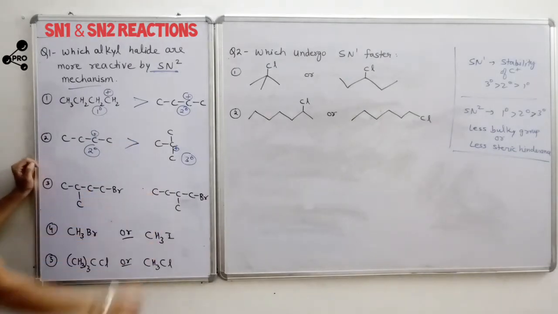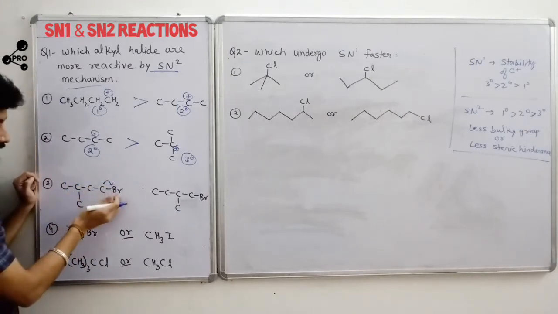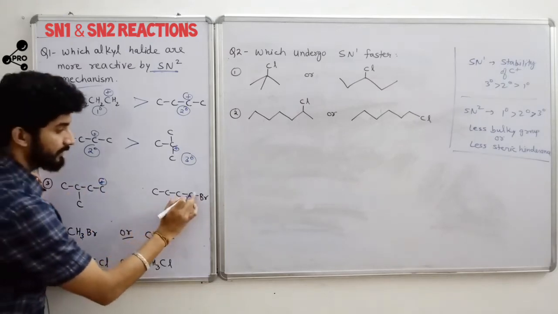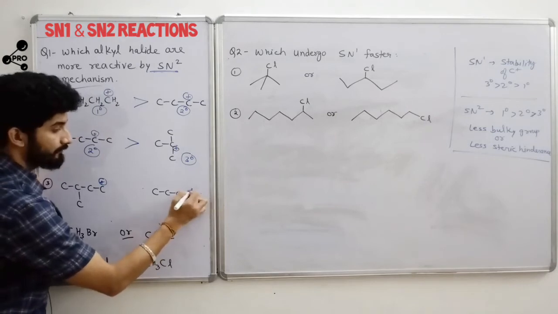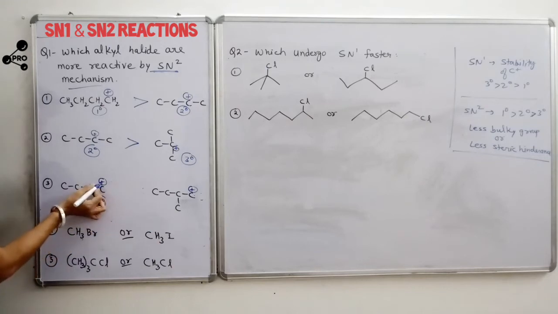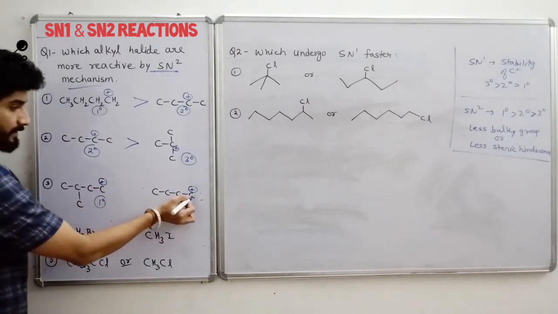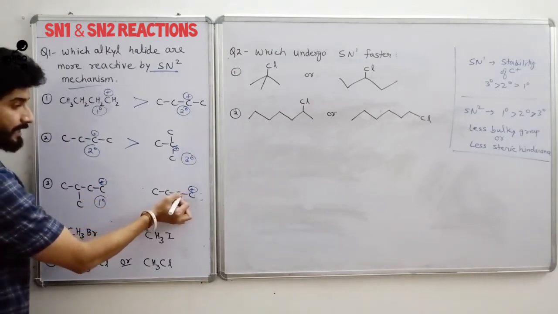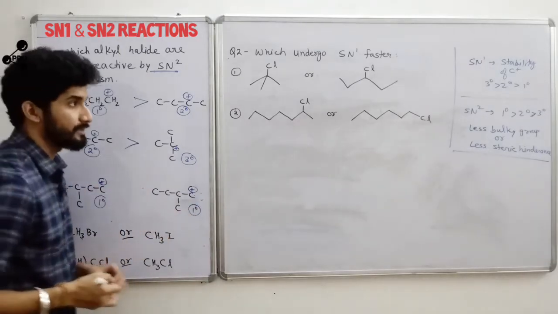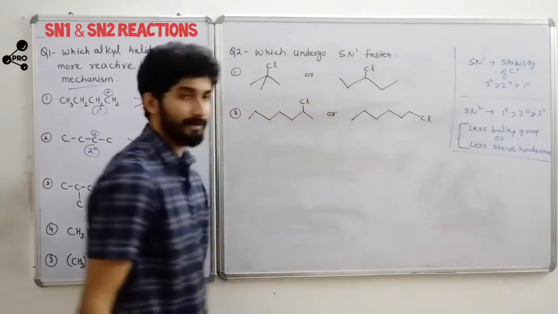Alright, in this part we have 1 degree. Bromine will leave from this part, so this carbon will carry the positive charge, and a similar thing happens here. The carbon carrying the positive charge is directly attached to one carbon, so it is 1 degree. Similarly, the other is also 1 degree. Both are 1 degree carbocations. If both have the same degree, we use this concept: there should be a less bulky group or less steric hindrance.